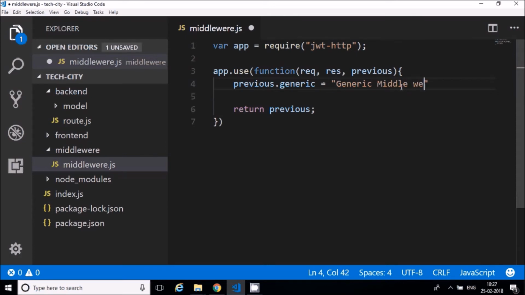If you want middleware, fine. Generic middleware. This argument is coming from generic. To make you understand that, I am putting it here. Now I'll go to route. I'll use this in the backend route here,